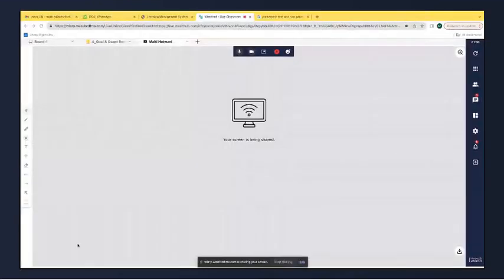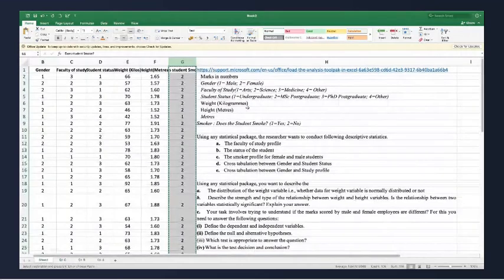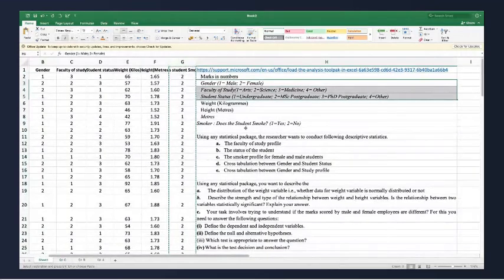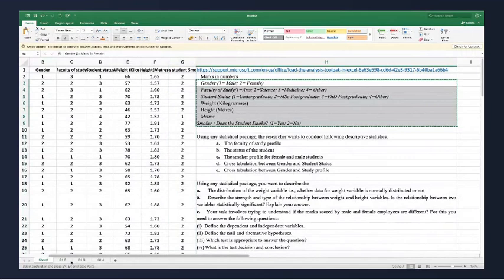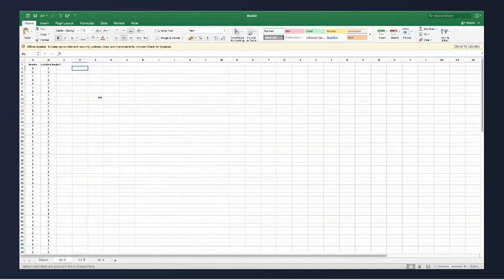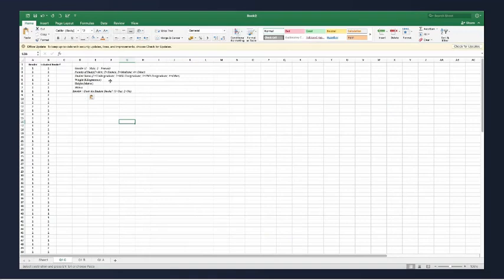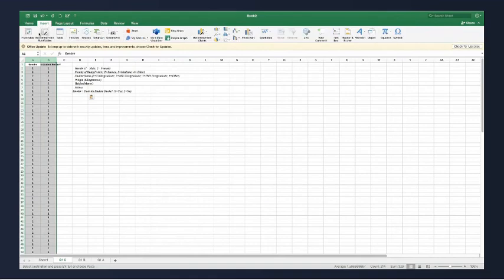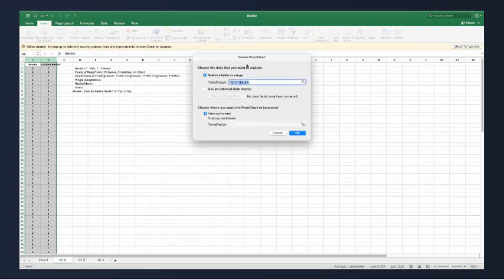Now I will copy the instructions for all the right numbers. Now we will run the smoker profile based on gender. Again I'll select these two and insert. If you want to go for recommended pivot table, you can, but I would go for pivot chart.